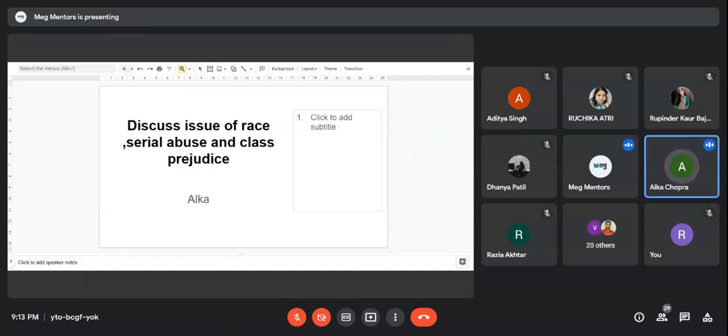because all the characters were racially oppressed. Celie, her father, her mother, as well as her sister. All four of them were racially suppressed. And if I talk about